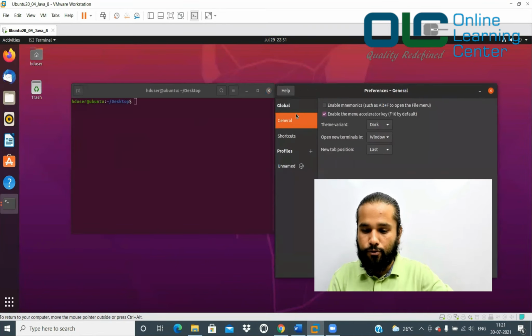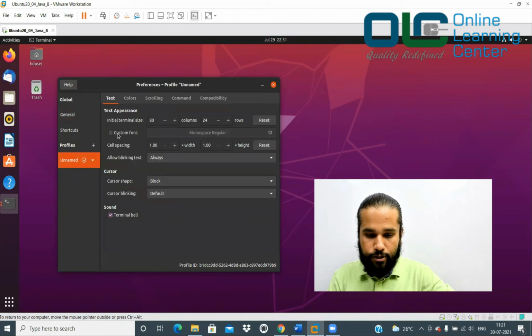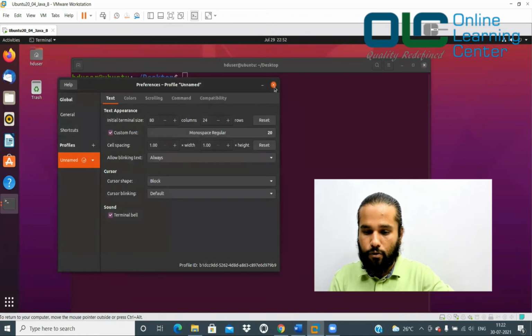And then from here, you go to profile, okay, unnamed, click on this unnamed. And then here you say custom font, click on this and you here, click on it. And then you can just go ahead and then increase it to whatever works for you. Okay. So let me keep 20 and say select and then say close.